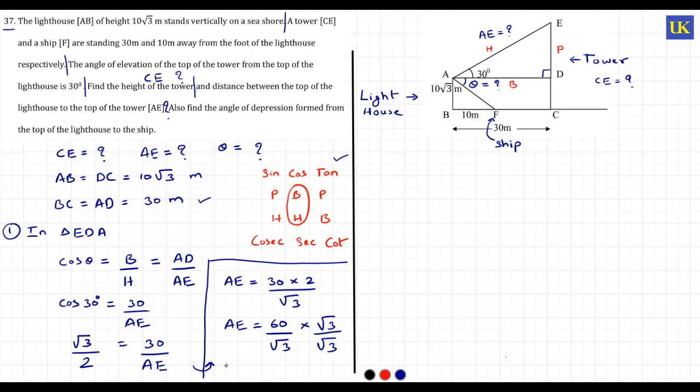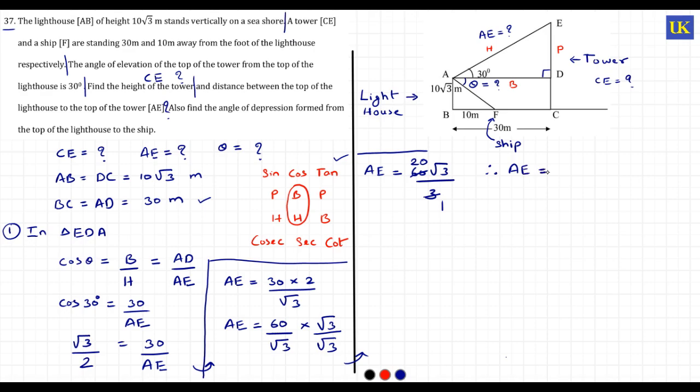So AE is equal to 60 root 3 upon root 3 into root 3, which becomes 3. So 3 ones are 3, 3 twos are 6, 0 as it is. So what we are getting as the answer for AE,